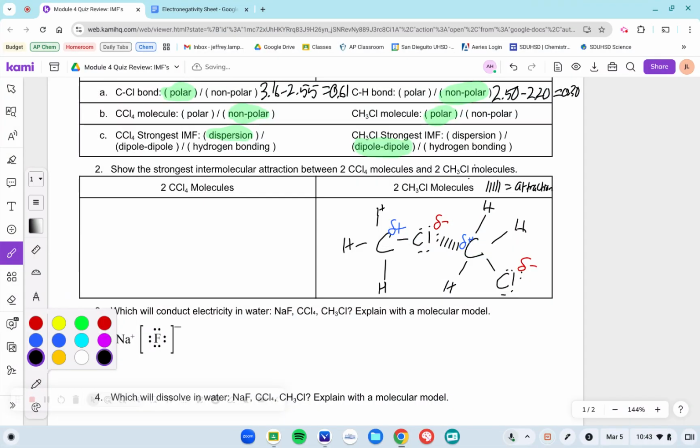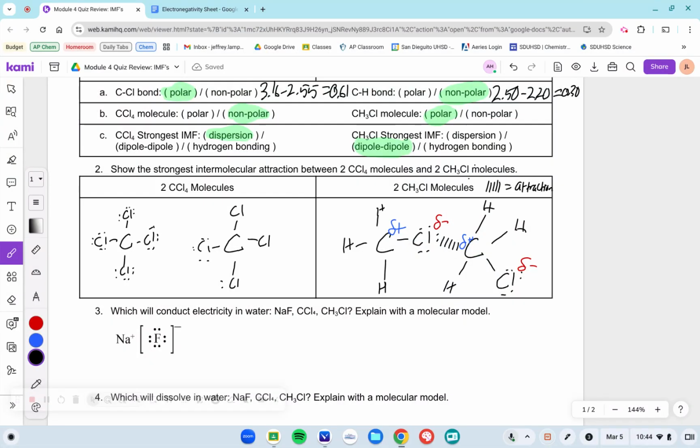Now I can do the same thing for CCl4. Again, I start the same way. I just draw my CCl4 first with all of its dots around. And then I draw my second CCl4. Now, once I have it drawn, this one's a little different because it doesn't have any permanent positives and negatives